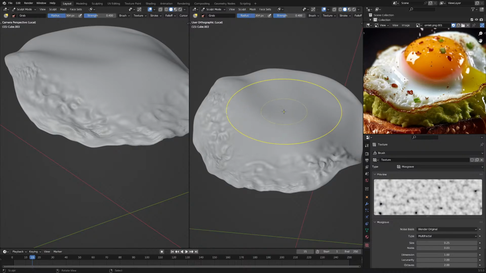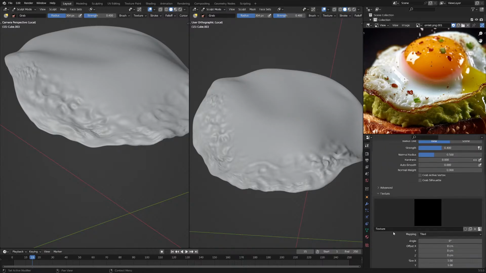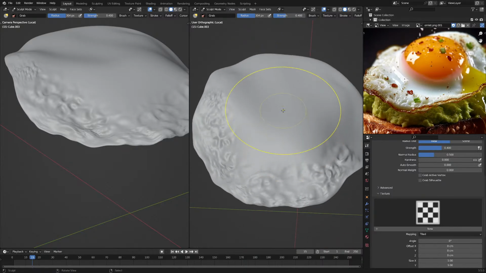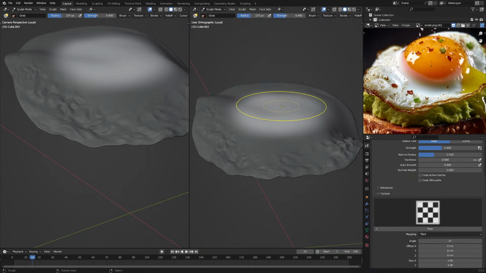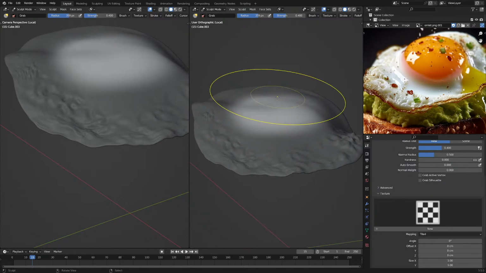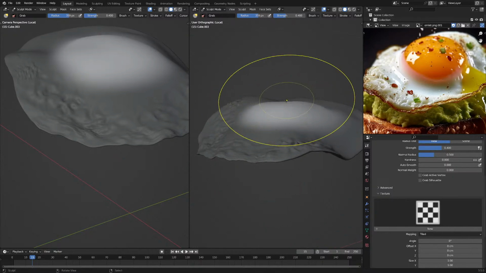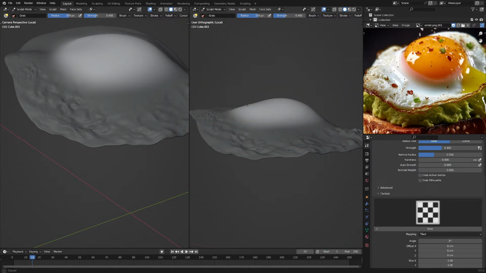And okay, I'm not sure how the results are going to turn out, but I have a feeling we are at least